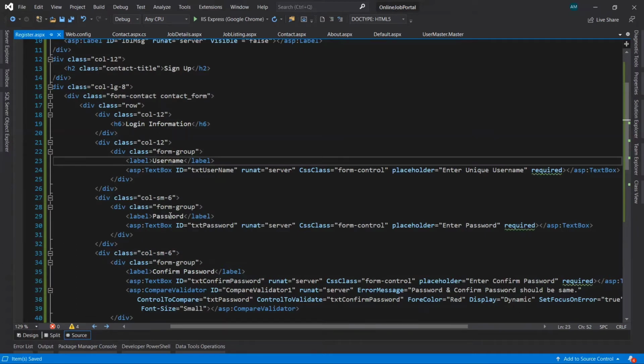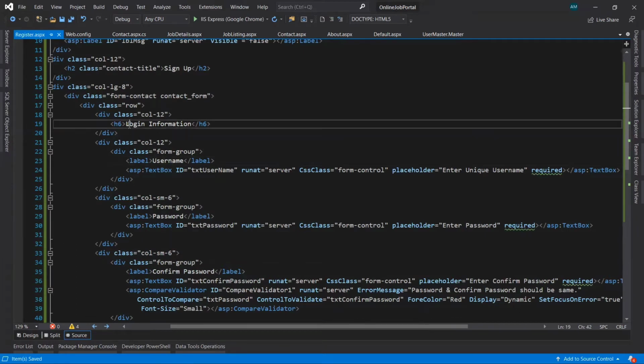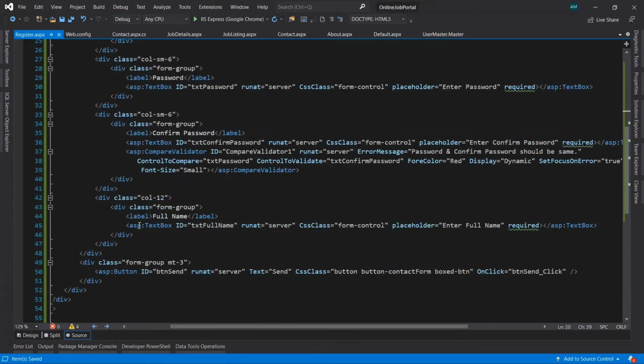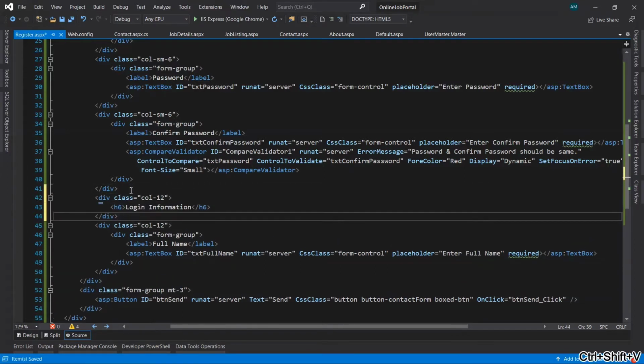For username, password, confirm password, we have taken inside the login information. In the same way we are going to take this full name, and also email and address, all these things we have to take. So for that we are going to take inside this personal information. Paste it here.